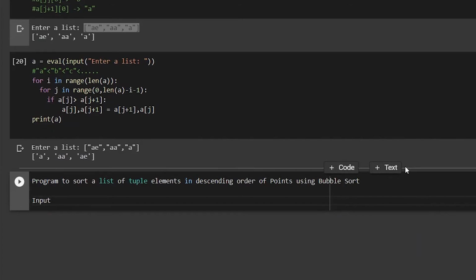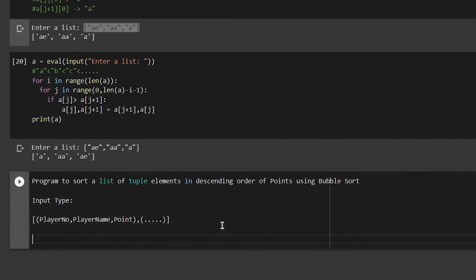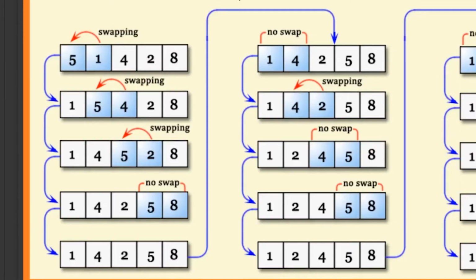So a list of tuples would be, I want the input type to be of this form. So the input type should be in the form like this. So I need you guys to enter a tuple which is player number followed by player name followed by points, and this would have another tuple inside which would have the same thing. So to give you guys a sample